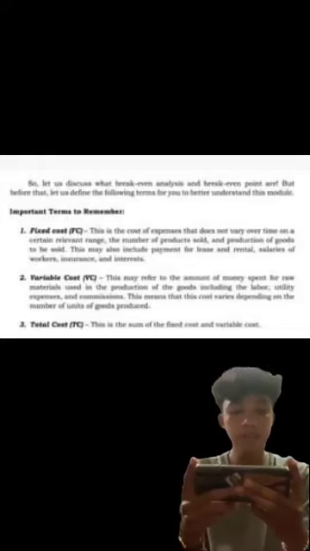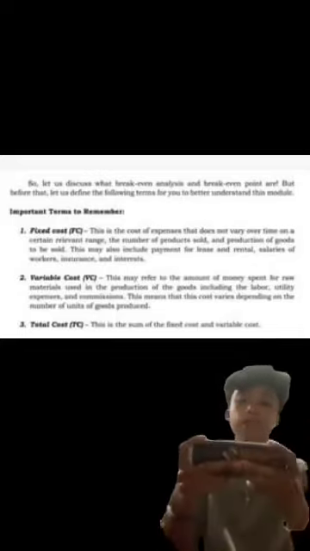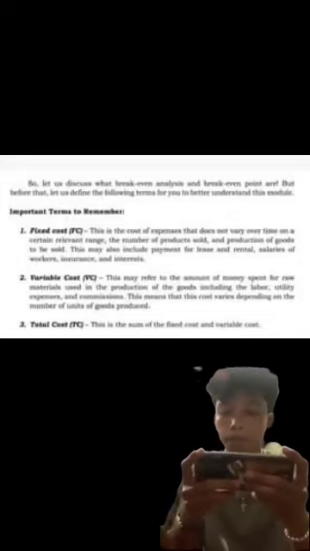Number two, variable cost, in short VC. This may refer to the amount of money spent for the raw materials used in the production of the goods, including the labor, utility expenses, and commission. This means this cost varies depending on the number of units of the goods